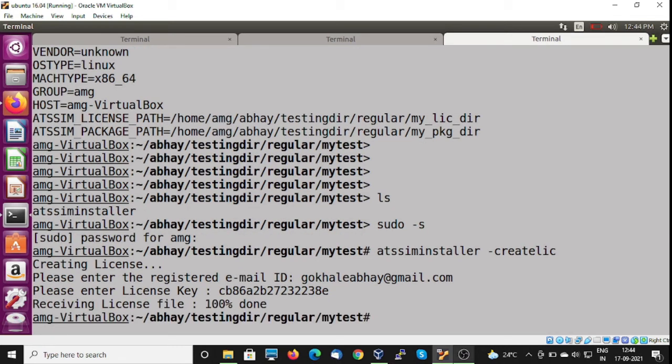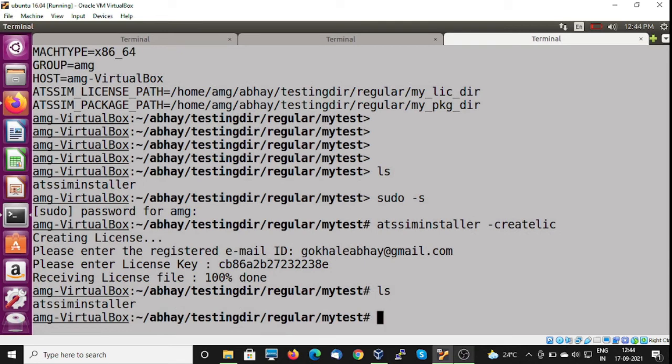So this will be automatically validated at the server, and if your registered email ID and the license key match, then you will receive the license file.